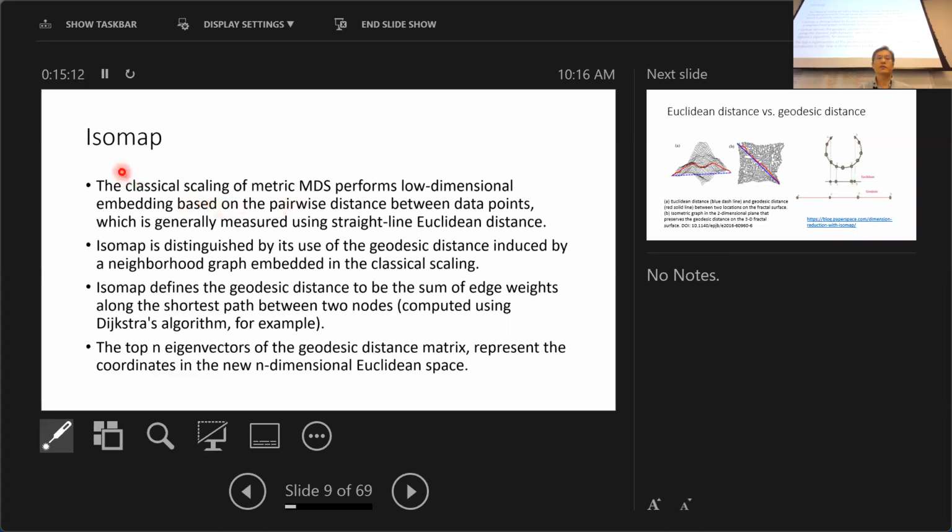So Isomap is exactly the same algorithm as MDS. It computes a distance matrix and then embeds those cities' locations in the low dimensional space, in the map. The only difference is when we do